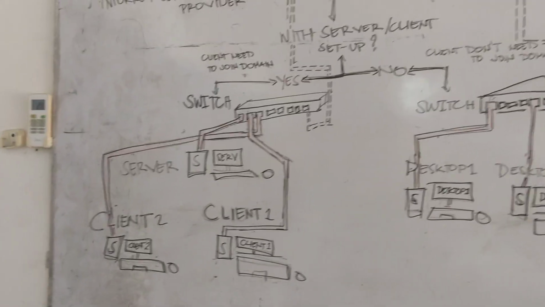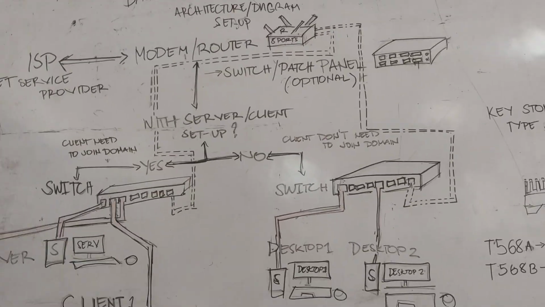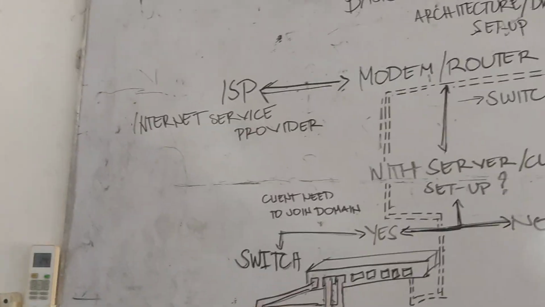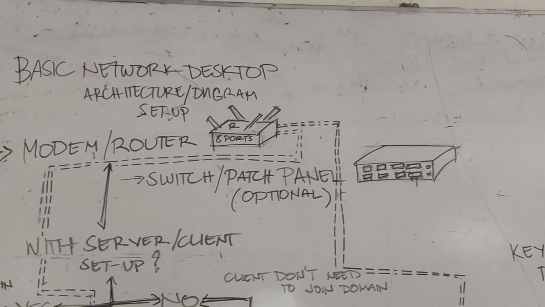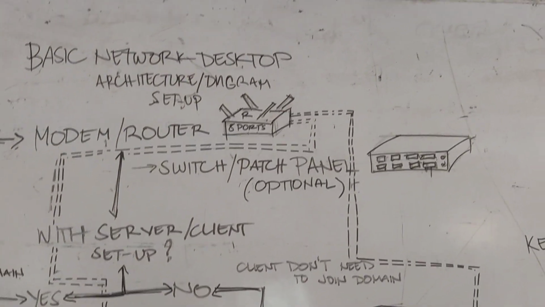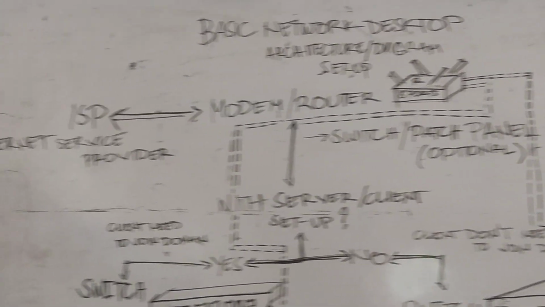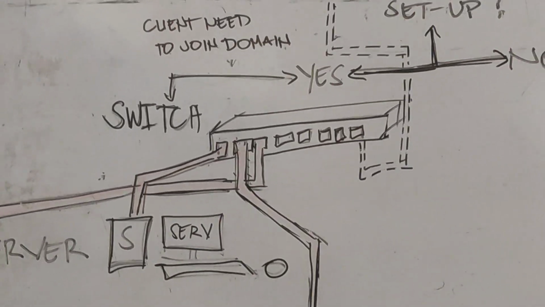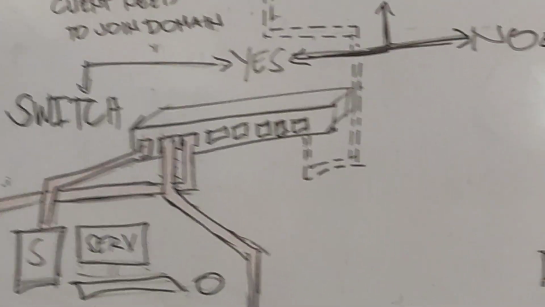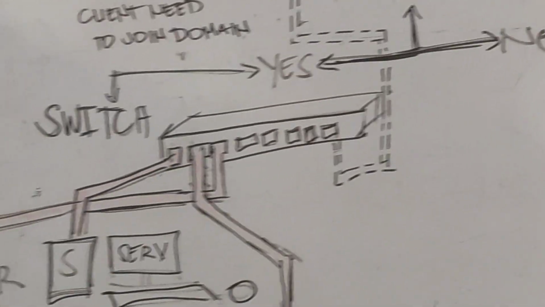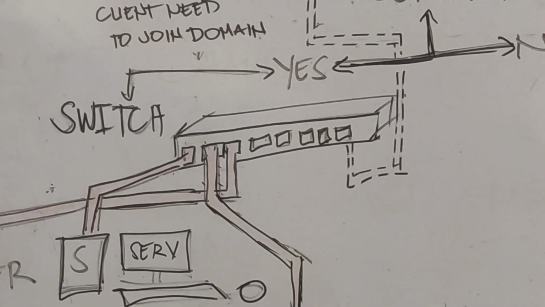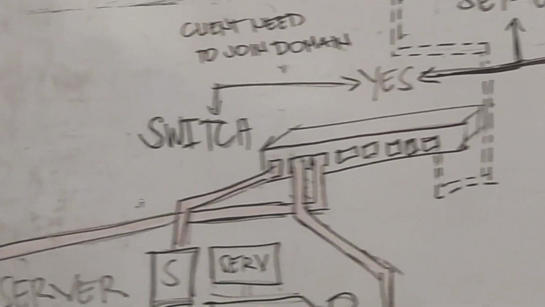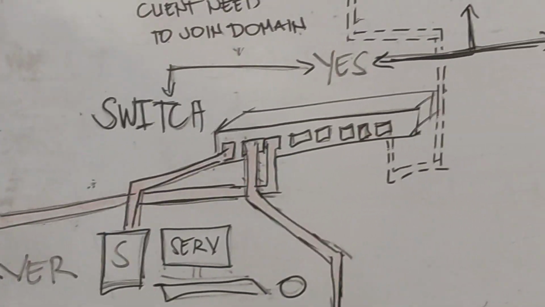Okay? That's why I mentioned, if yes, going from our ISP to our modem or router, one connection from our router port goes to the switch. It will take one connection from our switch. For example, this is an 8-port switch. This means that on our switch, all 7 ports, 1, 2, 3, 4, 5, 6, 7, can provide